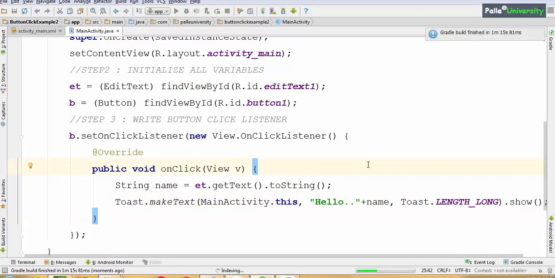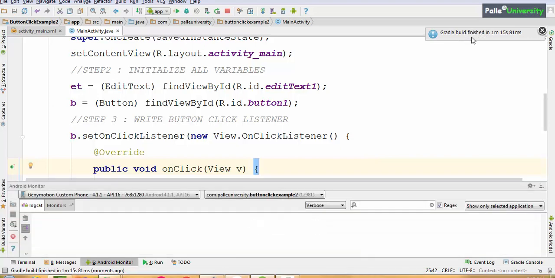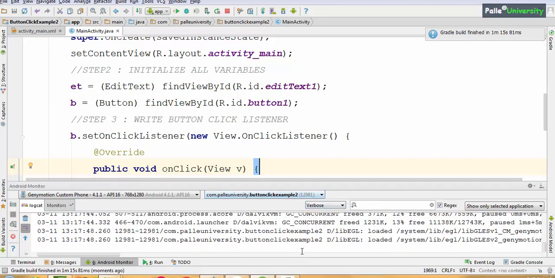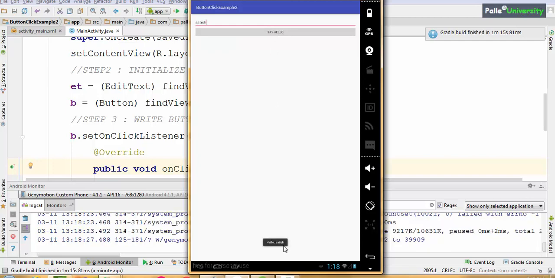Now it is almost done. When this message is shown, let us wait for the output in Genymotion. Once this pop-up window comes, that means output came on Genymotion. Open Genymotion. Here it is asking enter your name. When the user starts typing a name, automatically this hint will be removed. Observe. Let me type Andy Rubin and say hello. Hello Andy Rubin. Let me type a different name. Satish. Say hello. Hello Satish. So that is our program. I hope you understood.